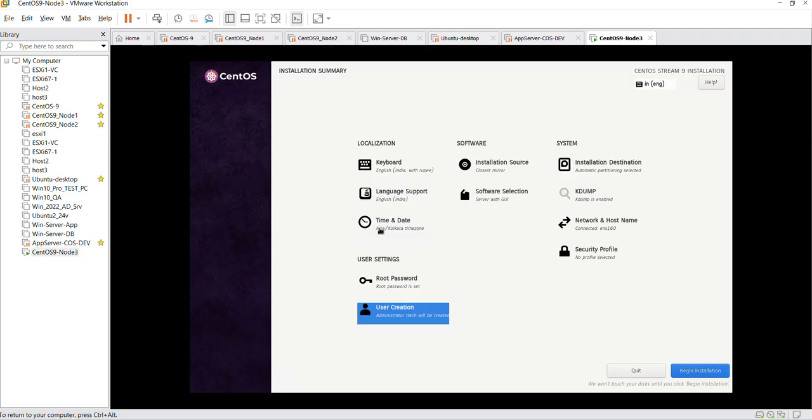Okay, now you can see the language support, date and time. Just make sure what date and time you are able to see there. It must be Asia, Kolkata time zone, or as per the time zone where you are residing currently. Okay,